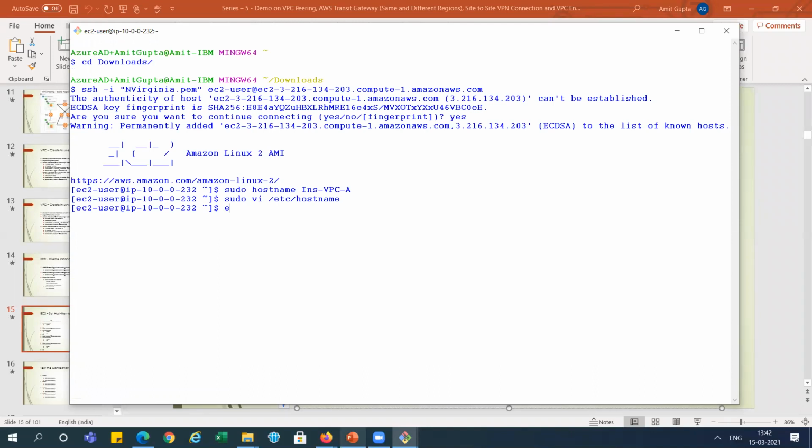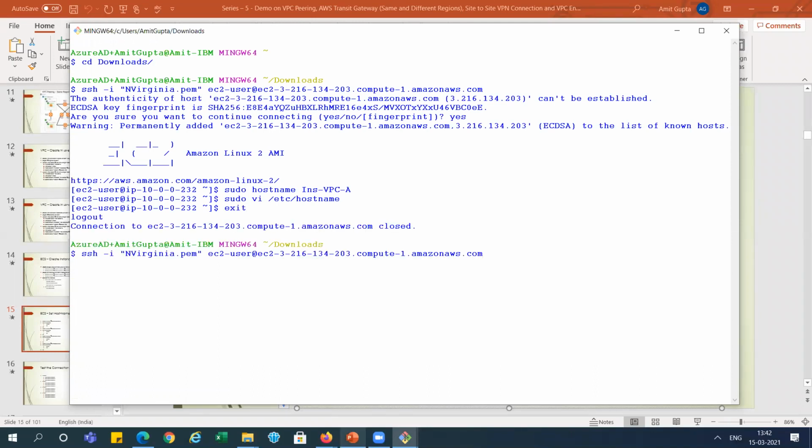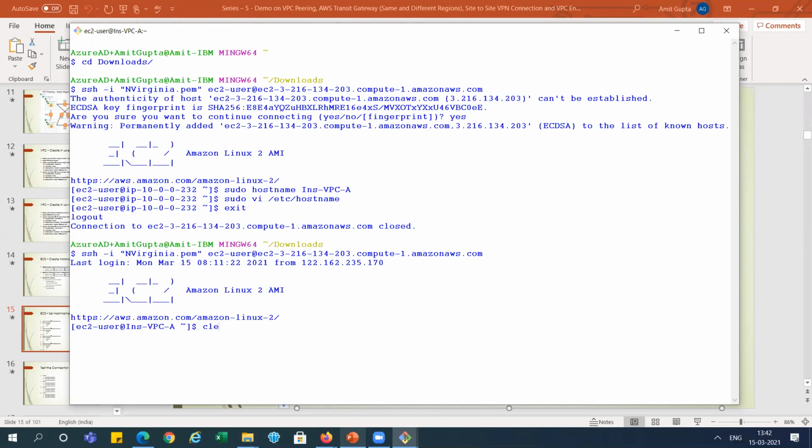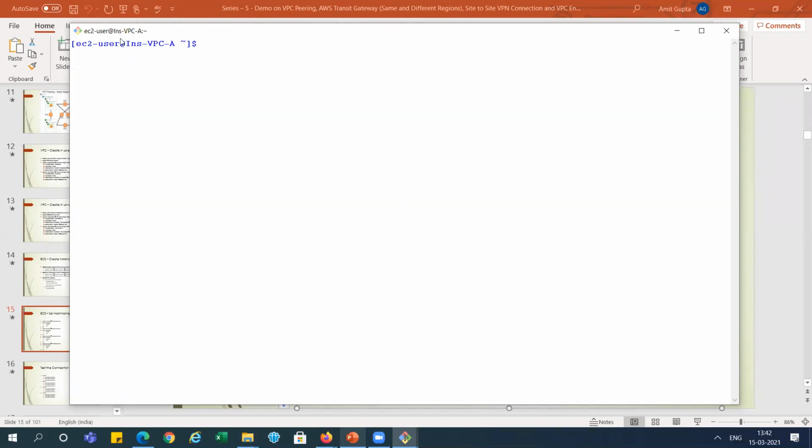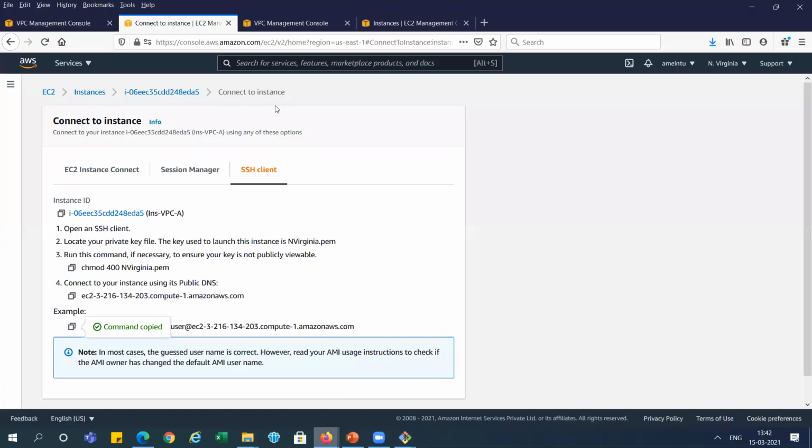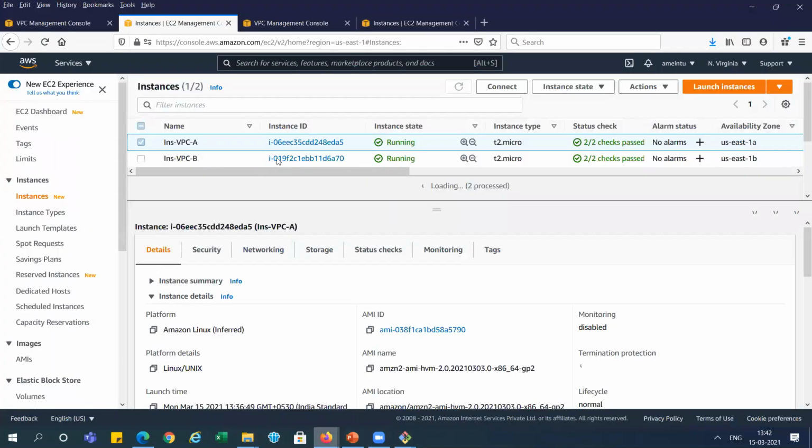See here, we have changed it. I'm just logging out and logging in again. You can see it is showing our VPCA, so we can easily recognize this, right? We have done it for VPCA. Let's go and do it for VPCB, right?